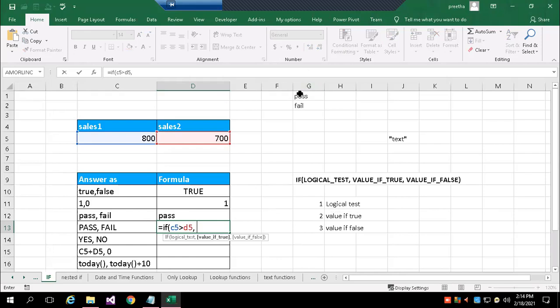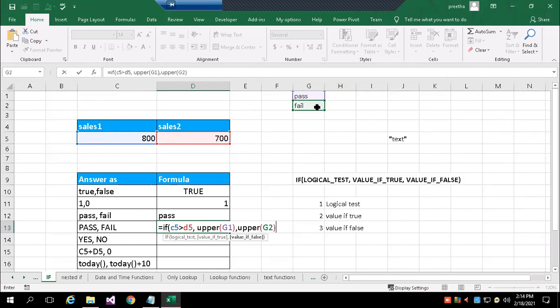Here I have already entered pass and fail in small letters in G1 and G2. There is a built-in function in Excel for converting text to capital, called the UPPER function. What text do I want to write? G1, which contains pass. Else the same, UPPER of the second one.